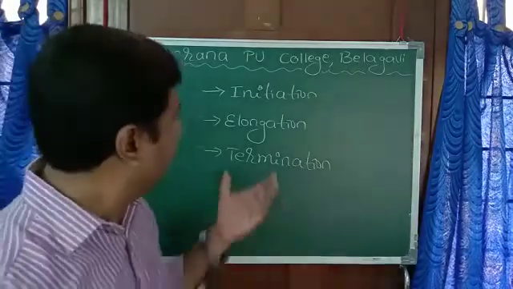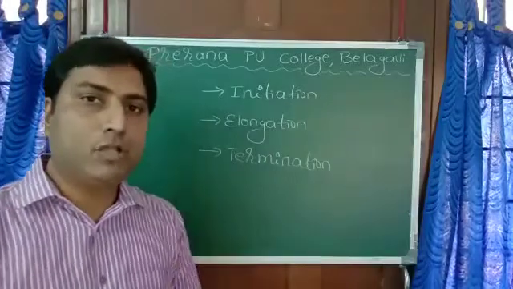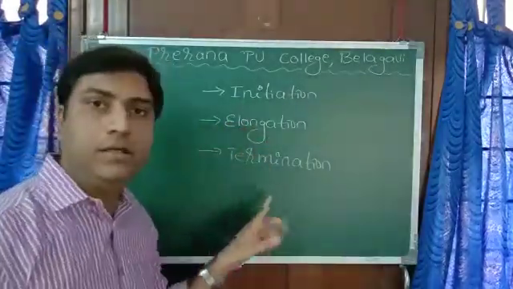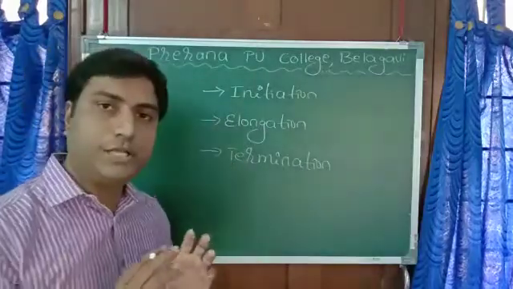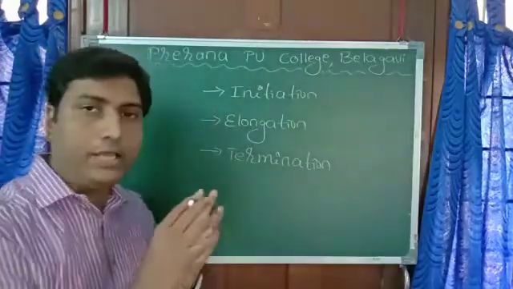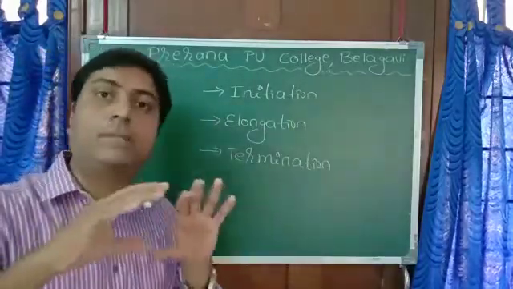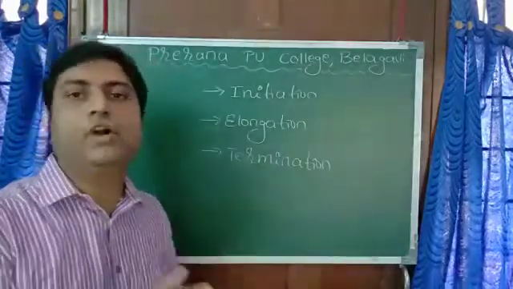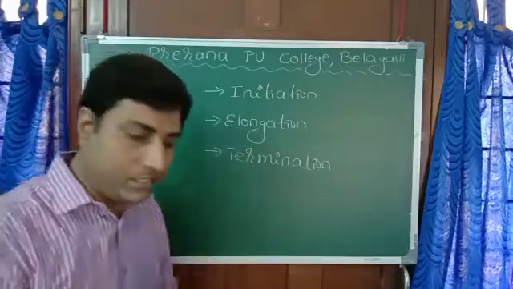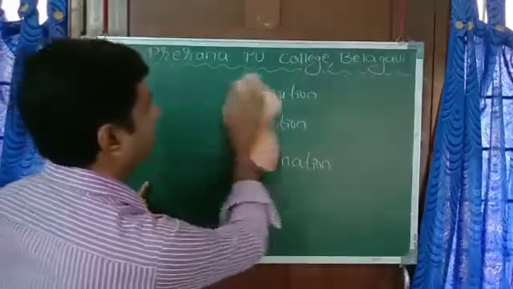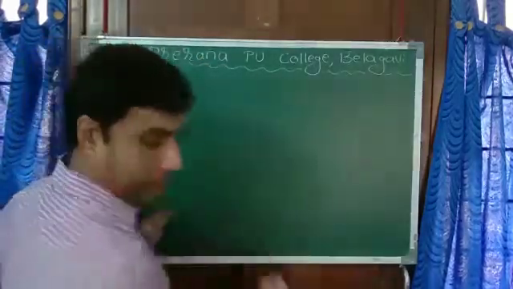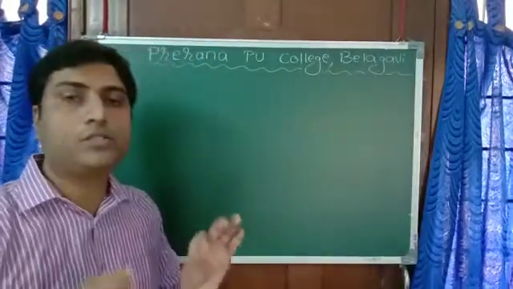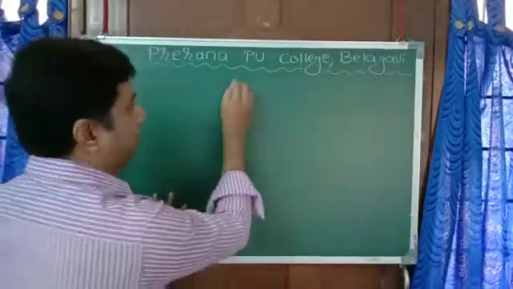Yes, students. The translation process involves three steps: initiation, elongation, termination. Initiation is the beginning, elongation is the continuation of formation of the polypeptide chain, and termination is the end of protein synthesis. Let us study this. First of all, in the process of initiation,